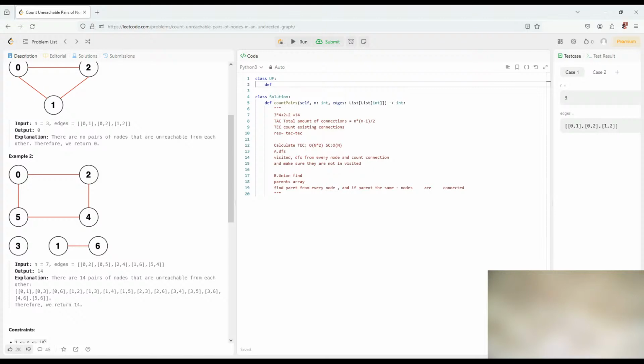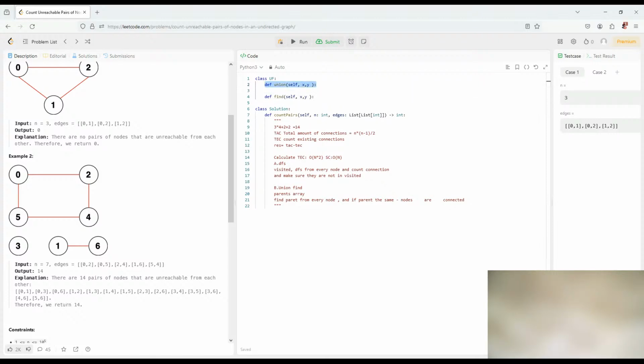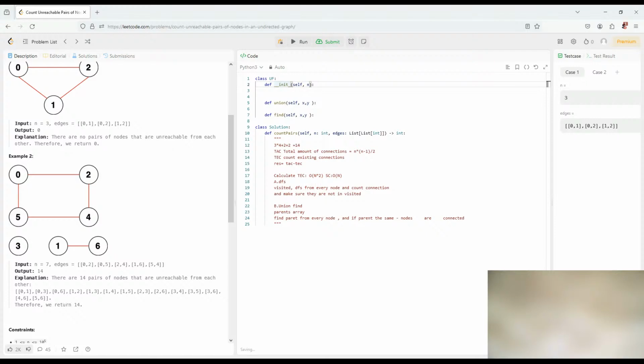In this class, we have a union method, right, which has two nodes, X and Y. And we're going to have another method, find, and we have a constructor. The constructor will have init, and it will accept the amount of nodes we're going to receive, and right away we're going to create the parent array, self.parent, which will be the amount of nodes